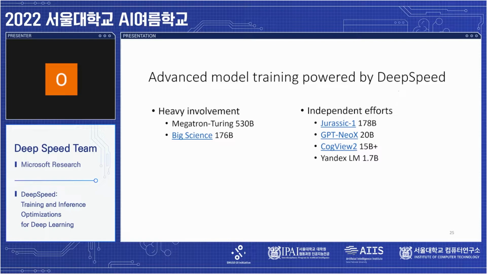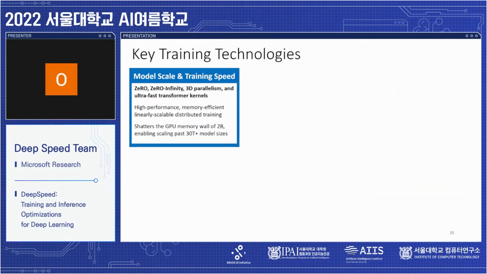We were involved as a team in this effort. And there are other efforts as well, like Jurassic-1, GPT-NeoX, CogView2, and Yandex, which were independent efforts that we were not involved in, which shows how easy it is for people to actually use the ZeRO technology to train very large models. With that, I'll hand over to,